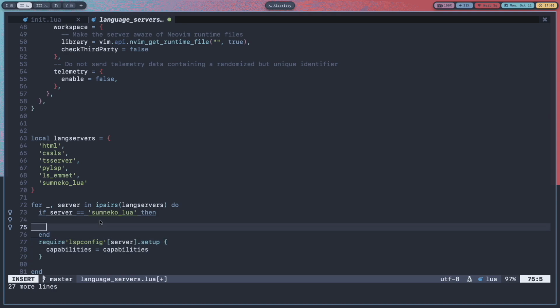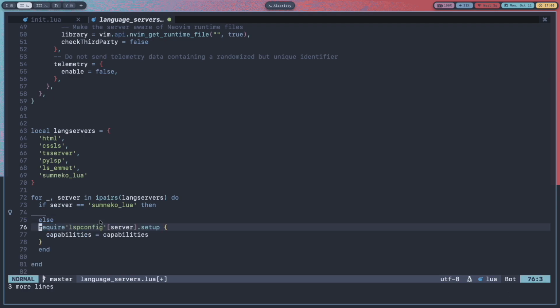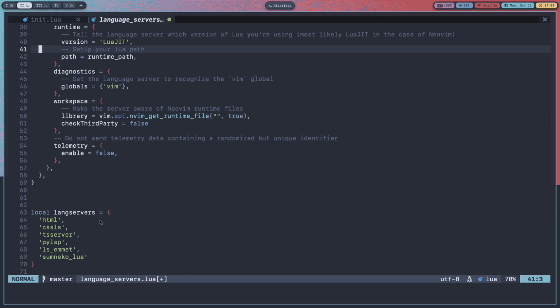Let's also add one else, and in the else section we'll paste this and delete this extra line here.